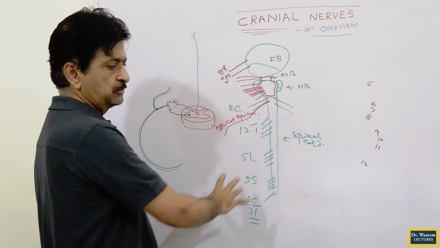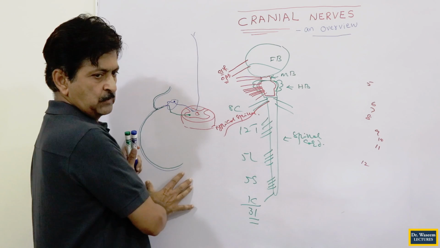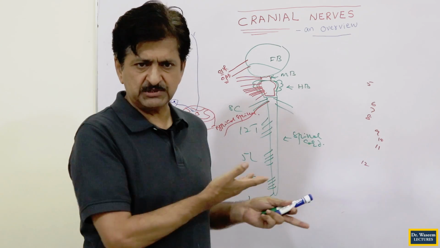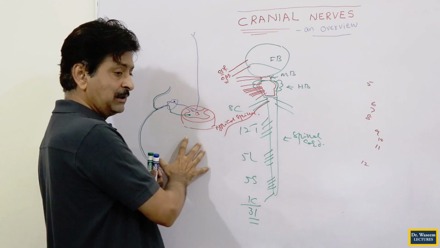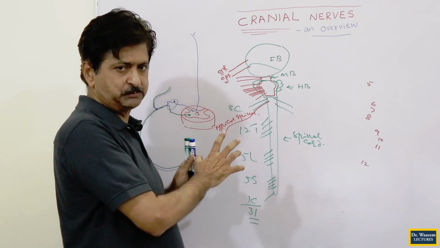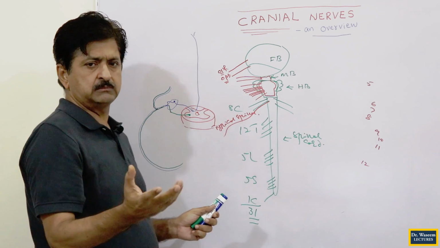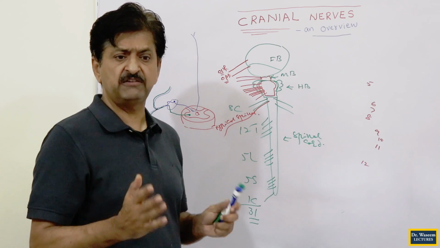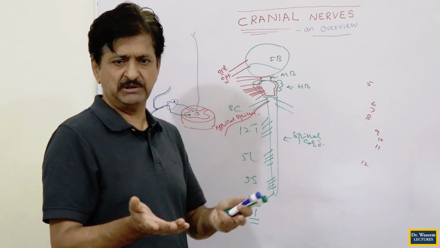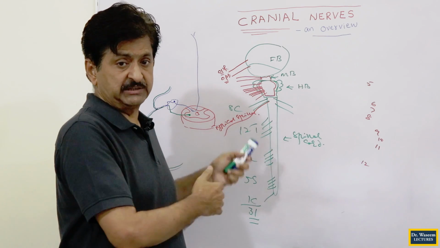We are going into our cranial nerves, and we have told you that this is a typical spinal nerve. So we are expecting that our cranial nerves must be like this also. Actually, our cranial nerves are to some extent like this, but they are not all like this, because all your spinal nerves must be mixed nerves. We have the sensory and motor roots, the anterior, posterior, etc. They are mixed.